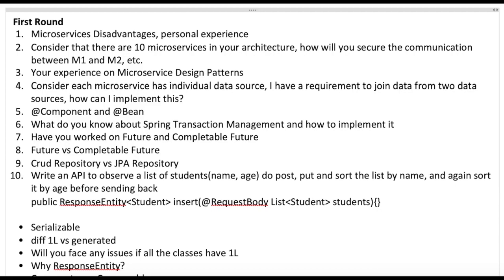Okay, so the next question was that they asked me to talk about the different microservice architecture patterns and designs that I worked on. There are a lot of things that you can talk about, because if you Google this, you'll find a lot of design patterns available. Just make sure that you understand each and every design pattern, so that if they ask you a cross question on that, you are able to answer.